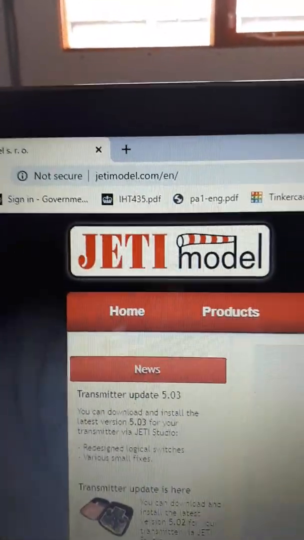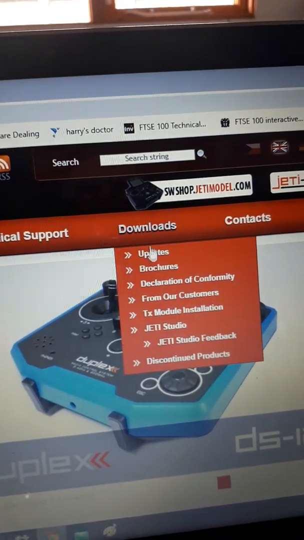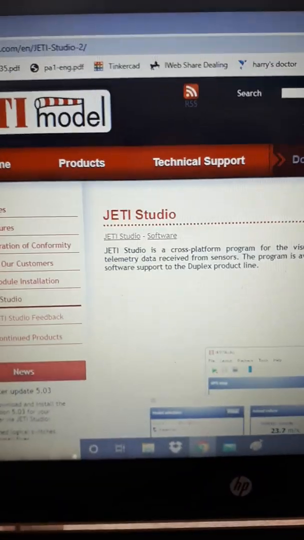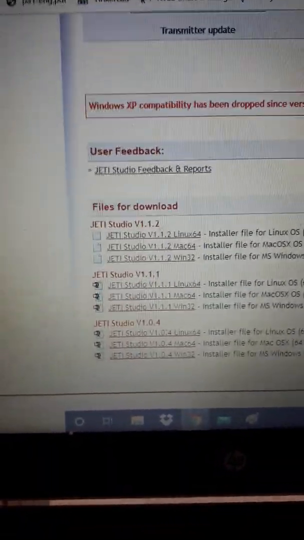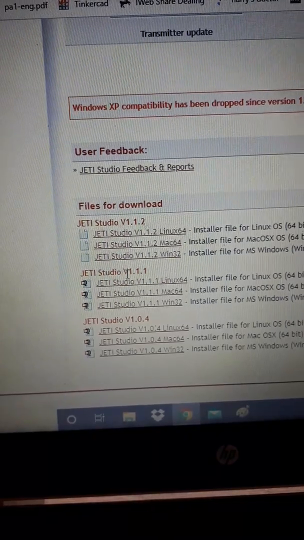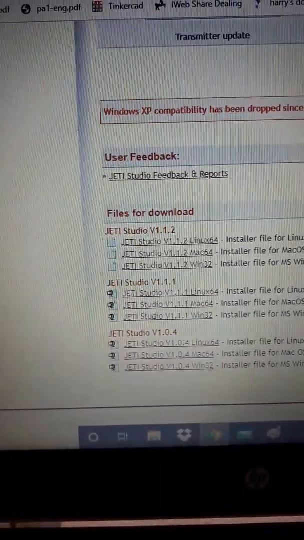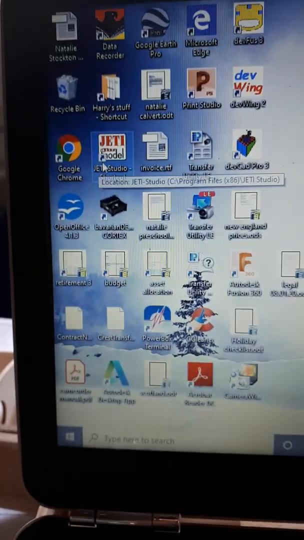So what do we do to update our transmitters? You will need Jeti Studio software. And for that, go to Jeti's main website, which is jetimodel.com. Go to Downloads, Jeti Studio, scroll down to the bottom of that page, and they've got three variants of the upgrade. Older 1.04, 1.1, 1.12 is the newest one, so that's the one you'll want. And as you can see, they offer it for Linux, Mac or Windows. Choose the one you want, download it, install it, get your Jeti Studio running,